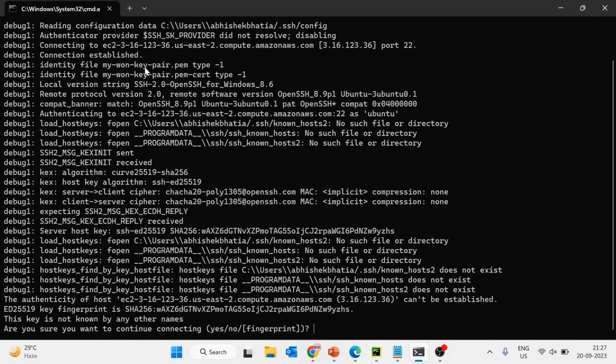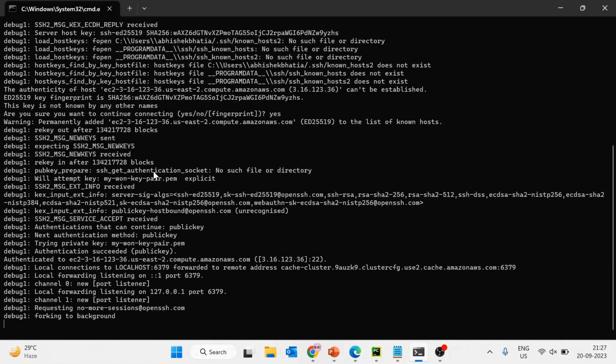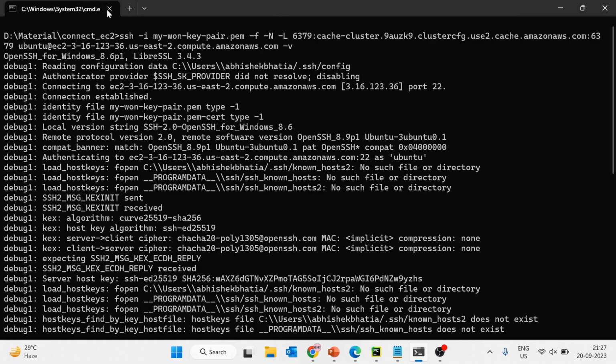It will do some configuration in the background that we don't need to understand, but ultimately it is working in the background. Okay, that's done. Now if you want to close this terminal, you can, that's not an issue.